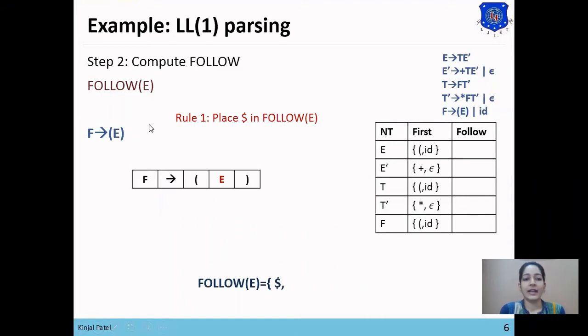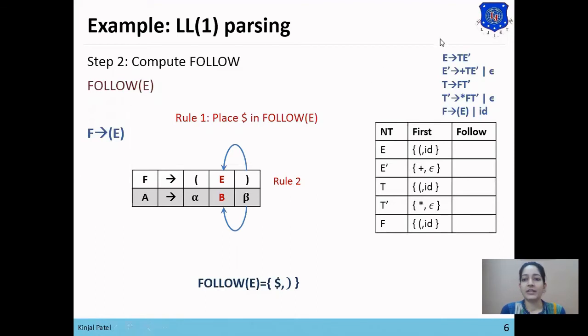So F produce opening bracket E closing bracket matches with A produce alpha B beta, which is our rule 2. So rule 2 says that if beta is terminal symbol, then beta will be directly placed in follow of B. So here closing bracket is following E. So closing bracket will be directly placed in follow of E, as closing bracket is terminal symbol.